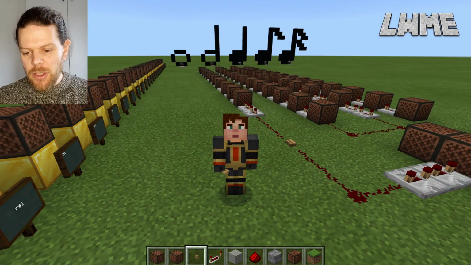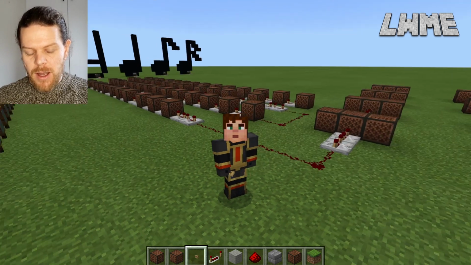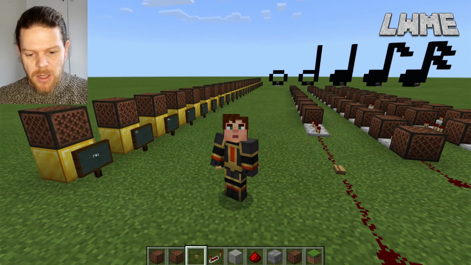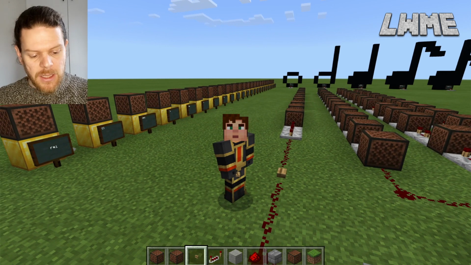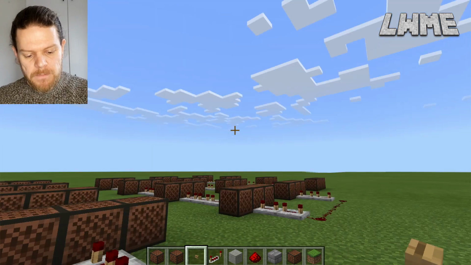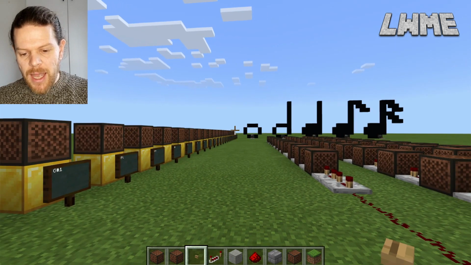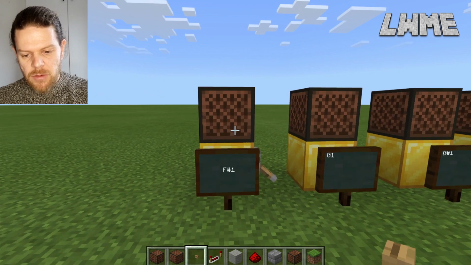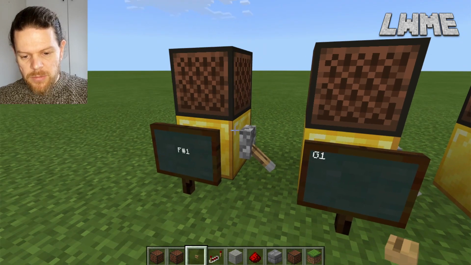Today we are going to be looking at teaching music within Minecraft Education Edition. And as you can see behind me, I've once again created what I hope is a rather handy world, a template for teaching music. And I'm going to walk you through what we've got here and how you might structure a lesson teaching music. Okay, so first of all, here we've got some note blocks on top of a gold block with a lever next to it.